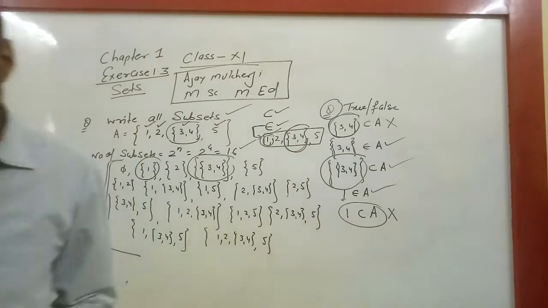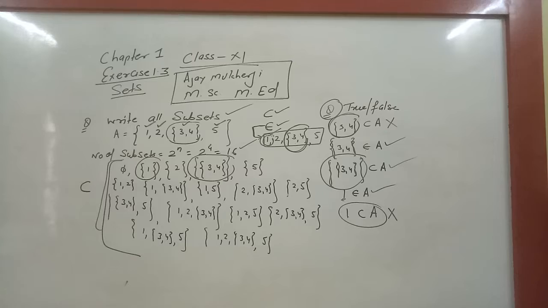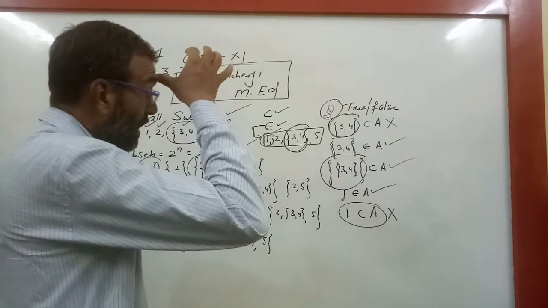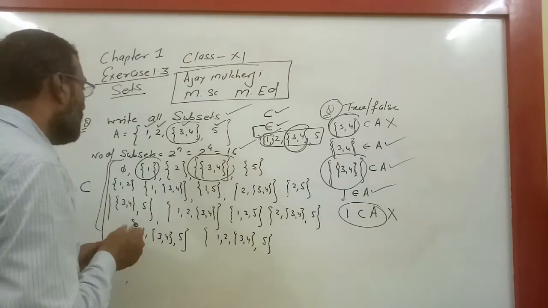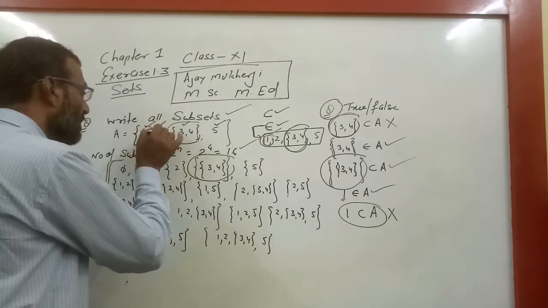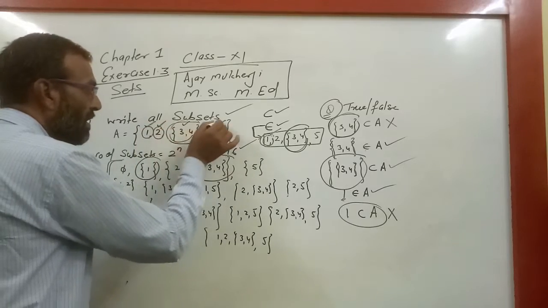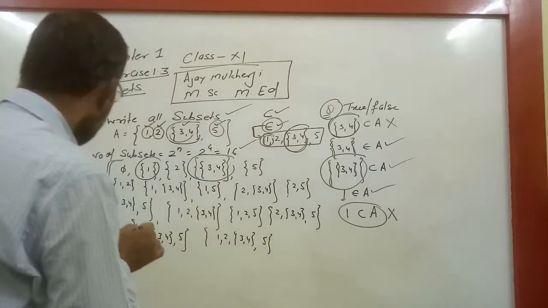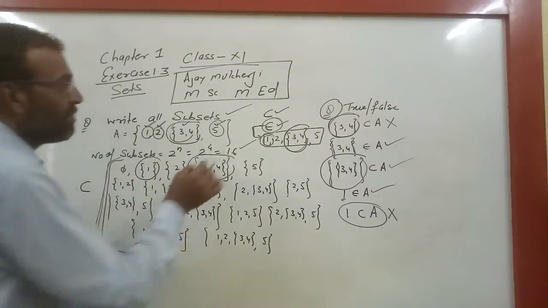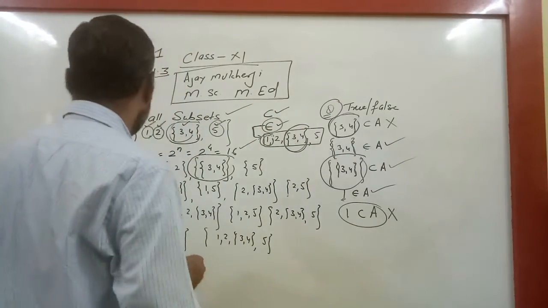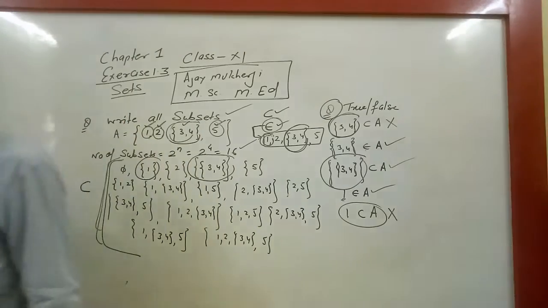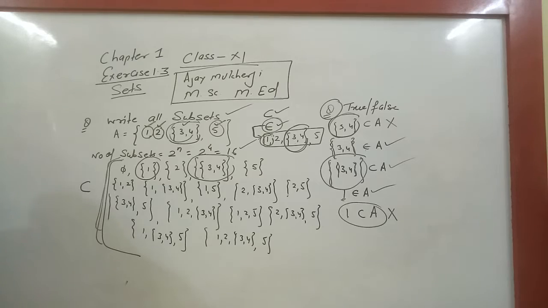So this is one of the questions here, children: the relation between contained in and belongs to. The elements are always elements. These are called elements, and elements always belong to. And this is called a subset, and a subset is always contained in. After discussing this question, we go on to the next question.